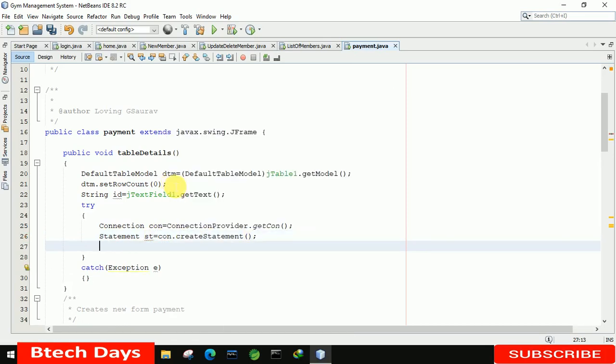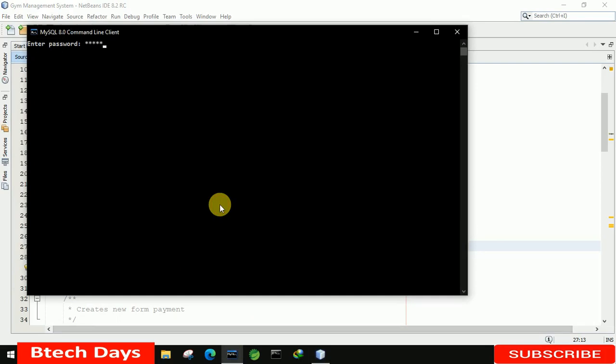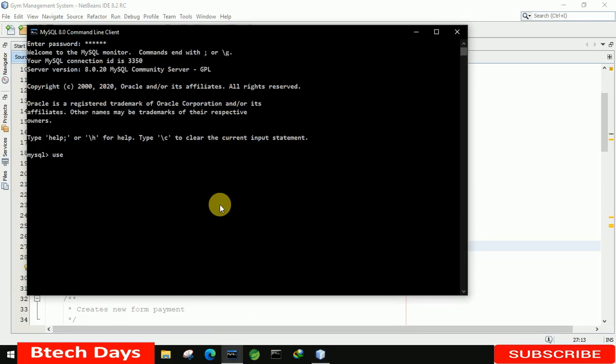Okay, before the ResultSet, first we need to create a table here. So let's move to our table section. Here, let me open this. Here we have to enter the password first. After that, GMS is our database, we already created. So here we are going to create a table: create table payment, with these fields: id int.